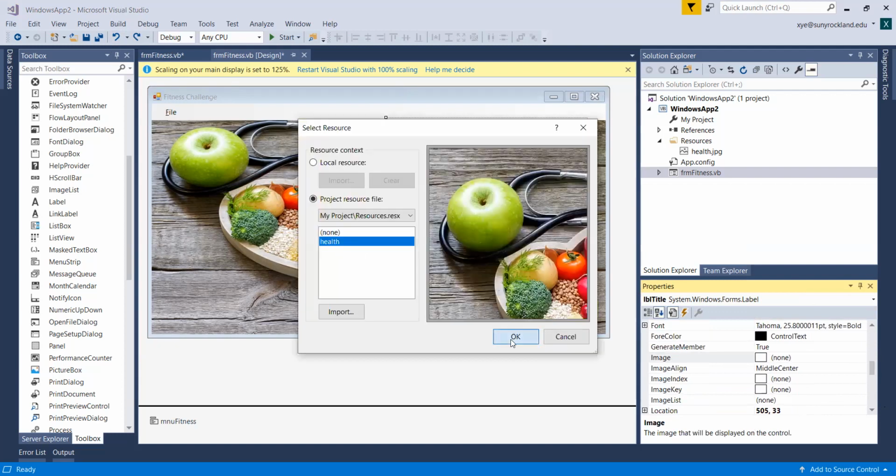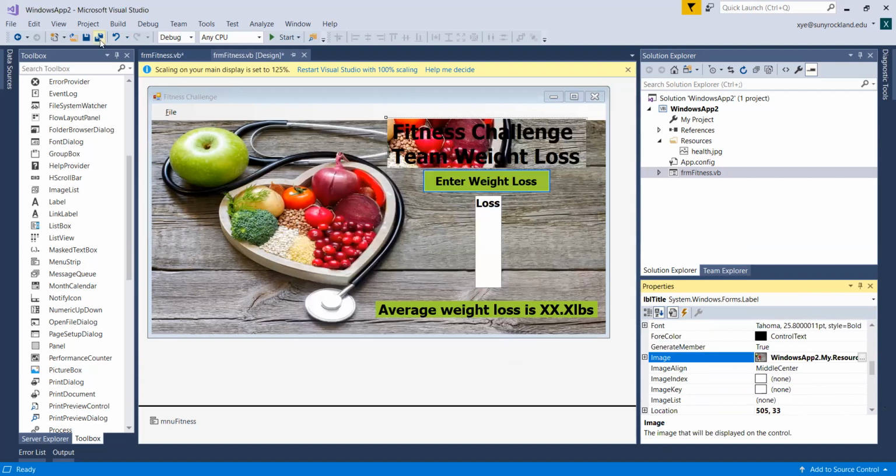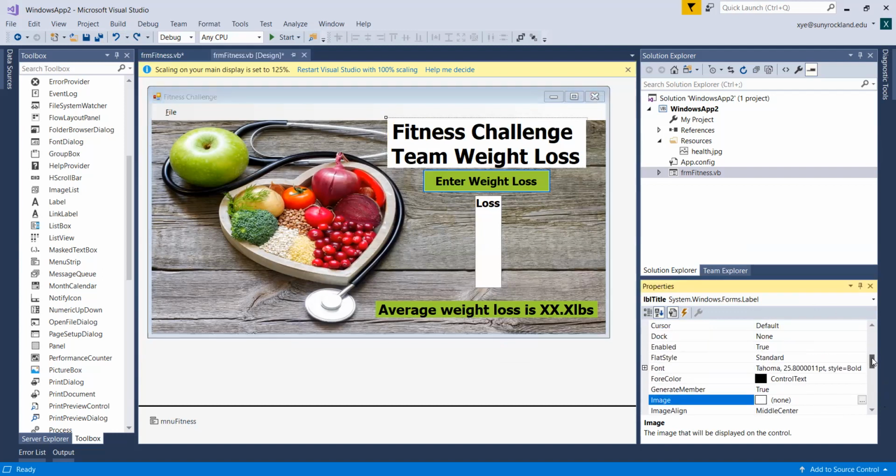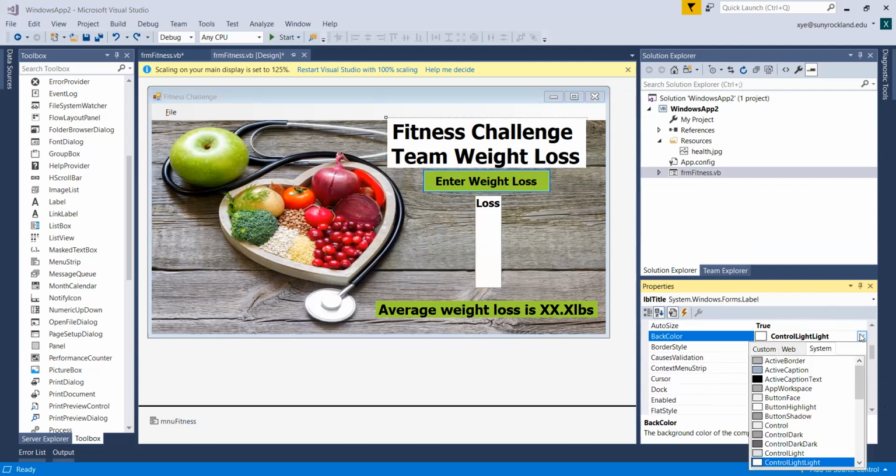You want it to blend in with the background? Right, the blending. You can make it transparent. Oh, okay, good to know. So under where? Go to the background color, the back color. And then you just go to System, and then scroll all the way up. Okay, under Web, I'm sorry. Yes, so you scroll all the way up. Transparent. Okay,